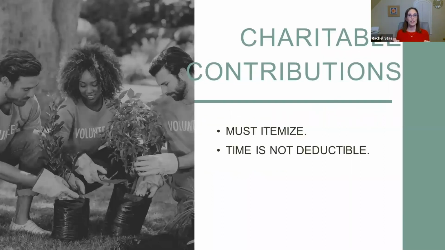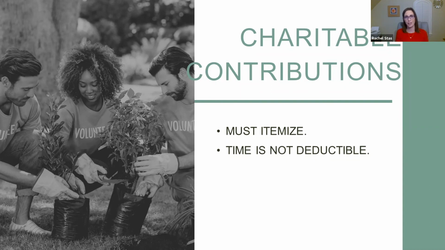I just real quick want to talk about charitable contributions because this changed as well. For the most part, especially with the new tax law that came out in 2017, the standard deduction is so high for most individuals that they aren't able to deduct their charitable contributions, because you have to be able to itemize your tax return to get your charitable contributions in there. So if you don't have substantial mortgage interest and real estate taxes and stuff, most people do not qualify because you have to itemize. And this is not business itemized, this is personally itemizing. But if you're lucky enough that you get to, great.